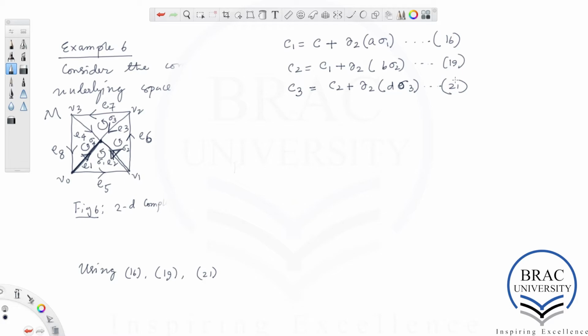So now from which it follows that C3 is equal to C plus del 2 of A sigma 1 plus B sigma 2 plus D sigma 3. This is equation number 24. So from 24, one concludes that